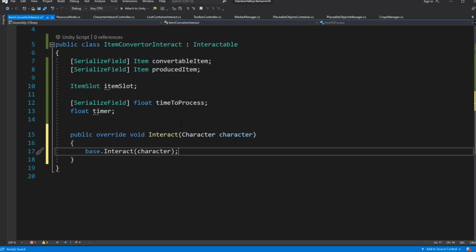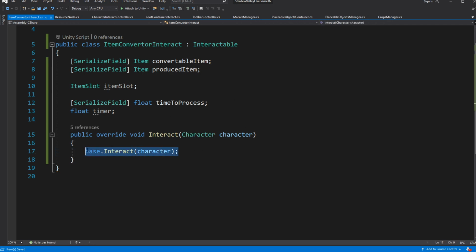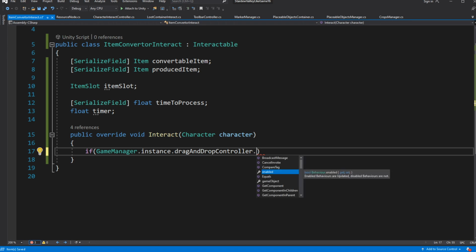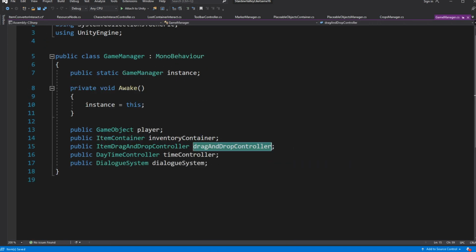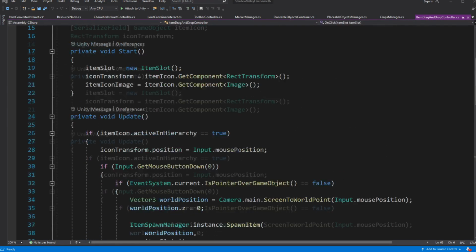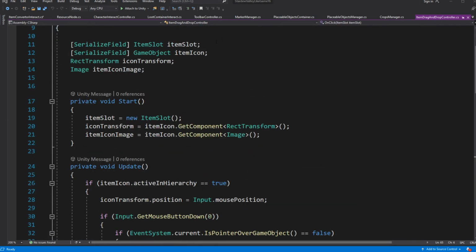And on the interact, check if the item you are currently dragging is the acceptable item. If yes, then let's create and call a new method called StartItemProcessing. The problem is ItemDragAndDropController has its item slot as a private serialized variable, so we can't access it from the ItemConverter script.